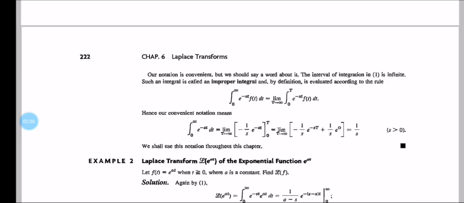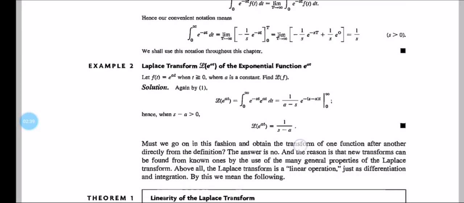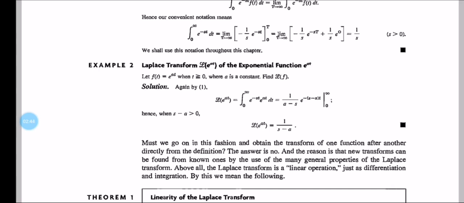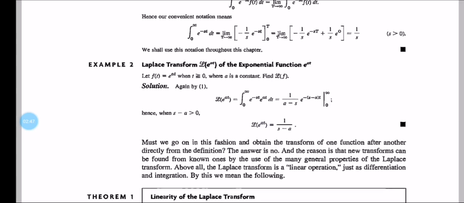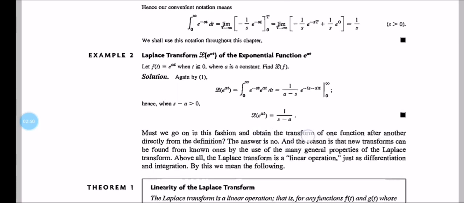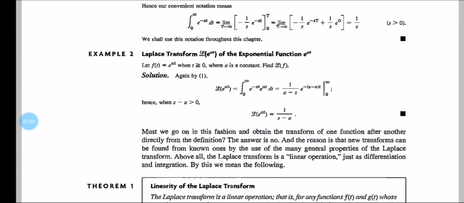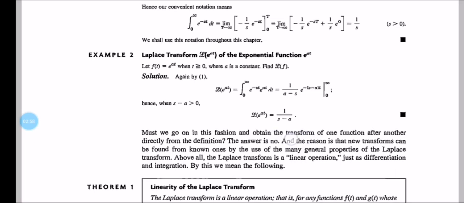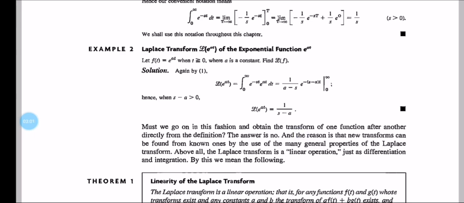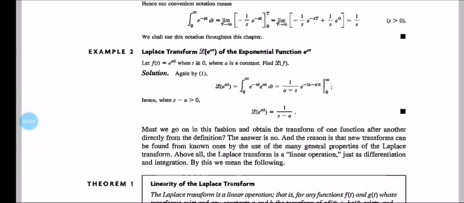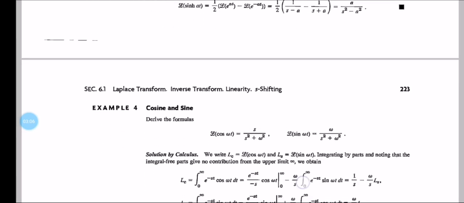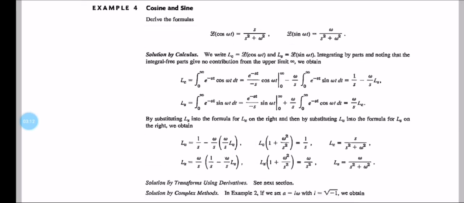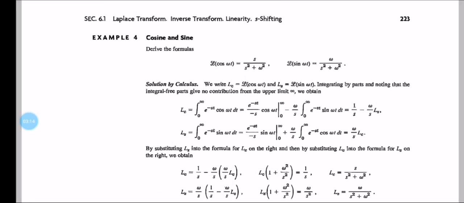Similarly, we can find the Laplace transformation of an exponential function e to the power at. In place of f(t) we have to put e to the power at. Finally we will get the value 1 by s minus a. Here s cannot be equal to a, and the negative value also cannot be there, so s minus a is positive, that is greater than 0. Similarly cos omega t, sin omega t, all these Laplace transformations we can do.